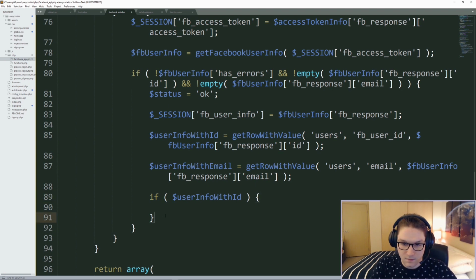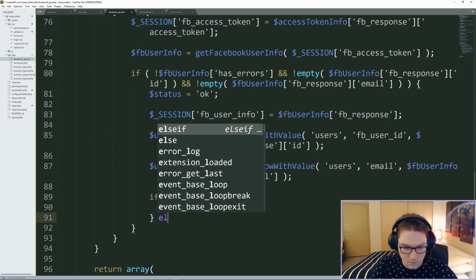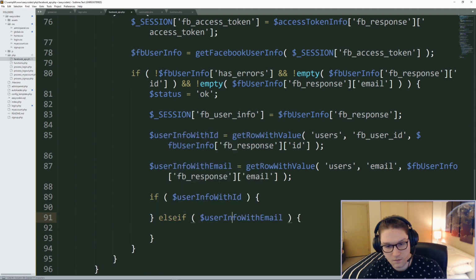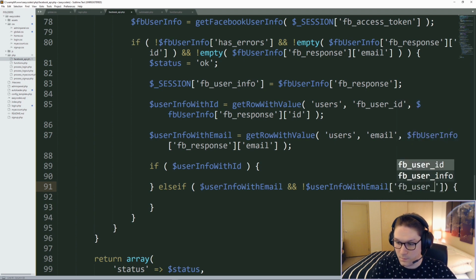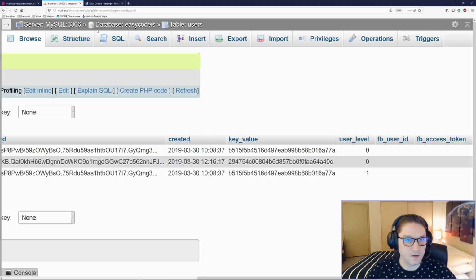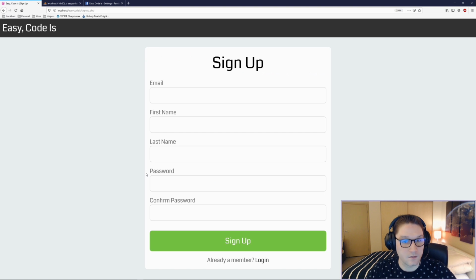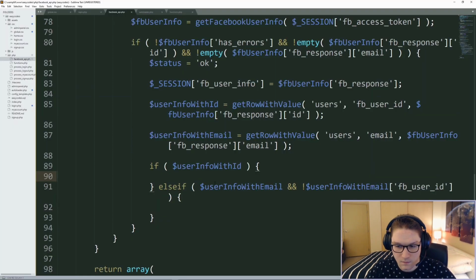If this is not the case and we do not find the Facebook ID, we're going to check their email. First, we want to make sure that we actually got back a user with email. And if that user does not have a Facebook user ID, we know they have already signed up through our website on our sign up page. In this case, we are going to request that the user enter their password on our site in order to